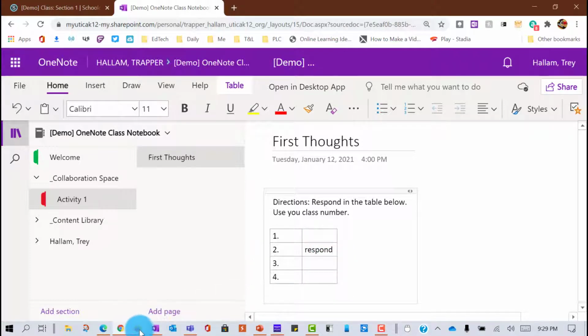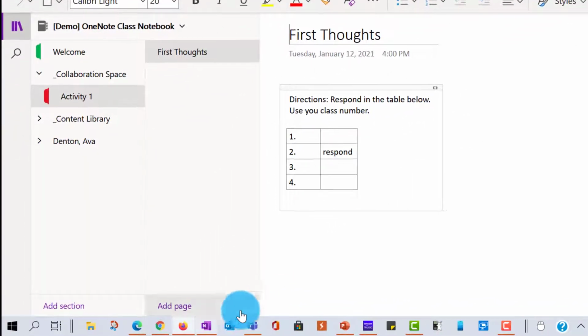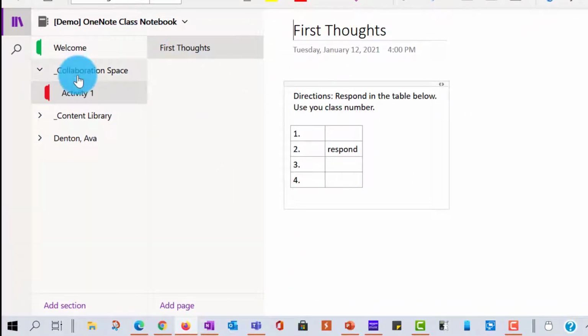I'm going to go to another student in the class. This is going to be my daughter. And you can see immediately as we go into hers, she's already logged into the online notebook, that his response is there. And she can see that. So she's going to go in and respond. And so she's going to respond also,